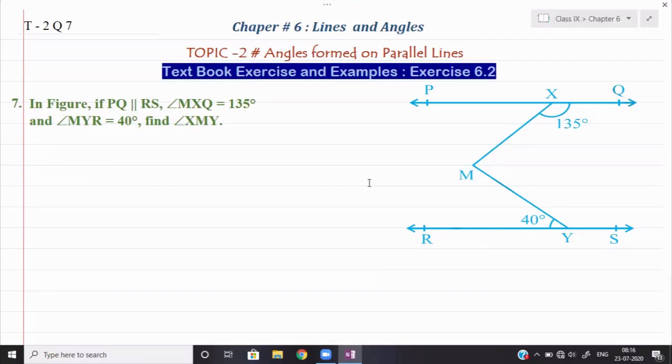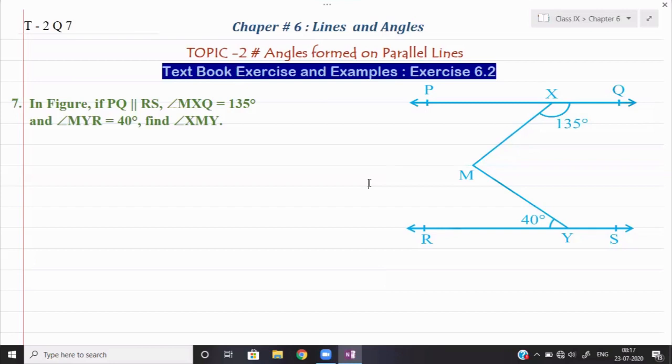Those angles which are formed on the parallel lines, like corresponding angles, alternate angles or interior angles, have some specific relations. Accordingly, if in the figure some angles are unknown, with the help of some known angles we can find them easily. So already we have covered the relation between corresponding, alternate and interior angles.